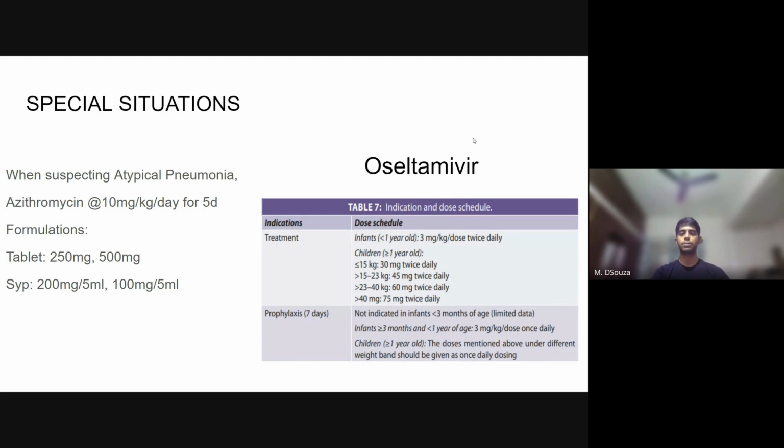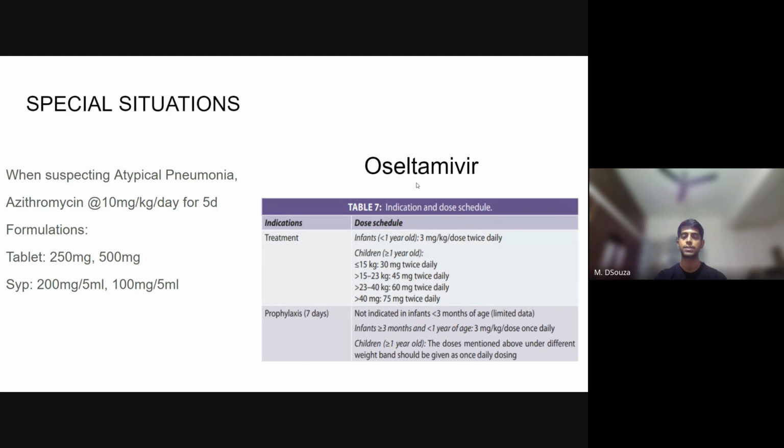Oseltamivir is another thing that we would consider for influenza. And the general dictum is, if you're considering influenza in a child, you would want to give oseltamivir within the first 3 days, within the first 72 hours of illness, because the effect of oseltamivir only comes in at these points. Oseltamivir is mainly to prevent any severe manifestations of disease from kicking in, and number 2,